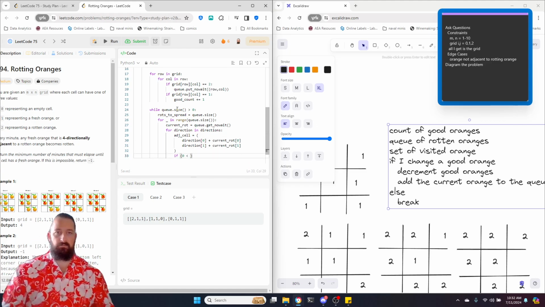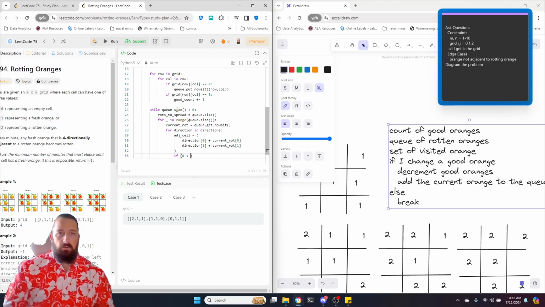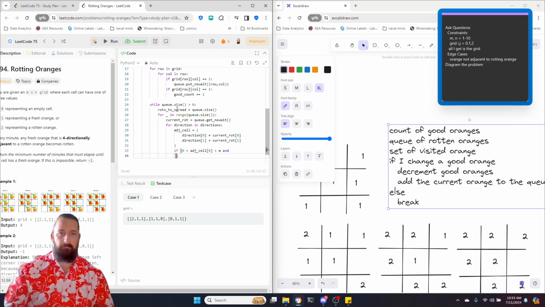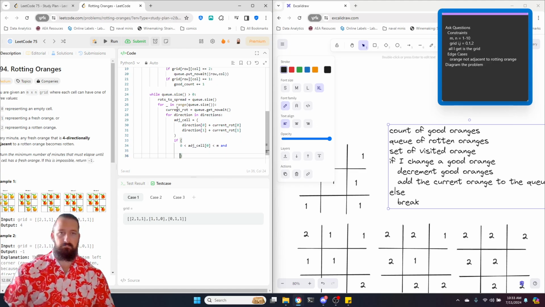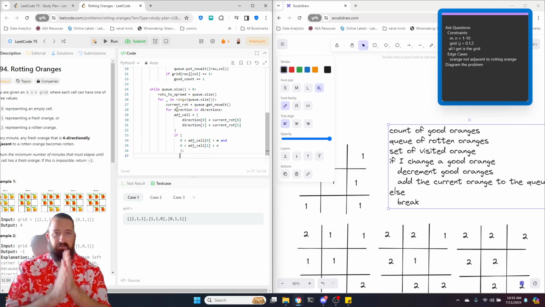That way I can check that the adjacent cell 0 is less than m, and adjacent cell 1 is less than n. So if it's a valid direction